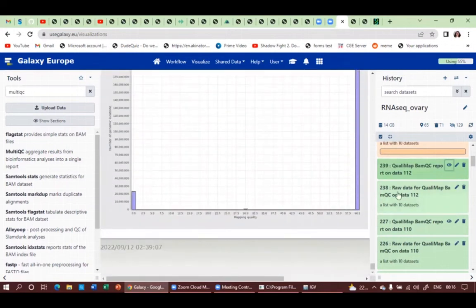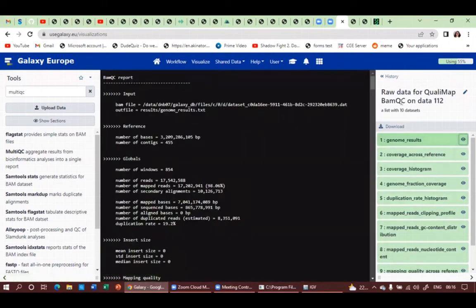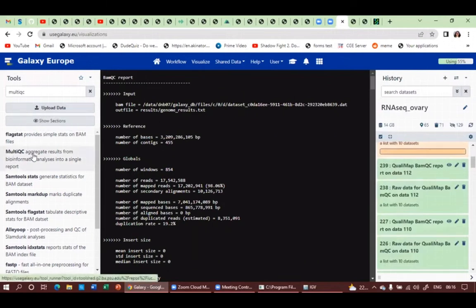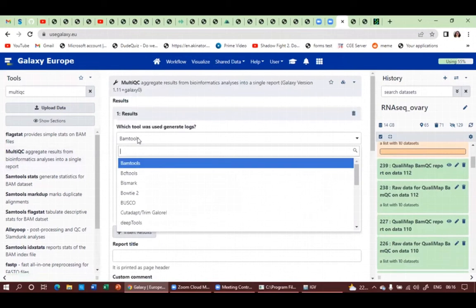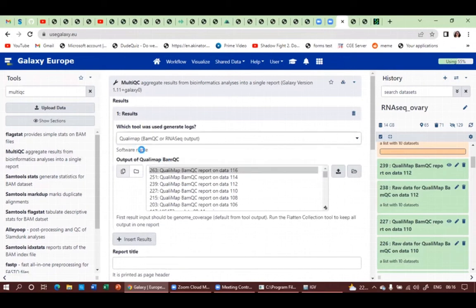So now when you are generating this raw data for Qualimap, if you open this, these are the individual graphs, individual files. So now from this also you can run MultiQC to consolidate that. This time you have to select Qualimap: Qualimap BAM QC or RNA-Seq output. So Qualimap BAM QC, and then this BAM QC report if you give, it will show you the